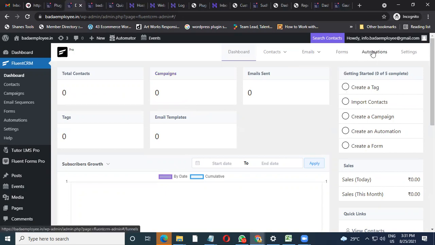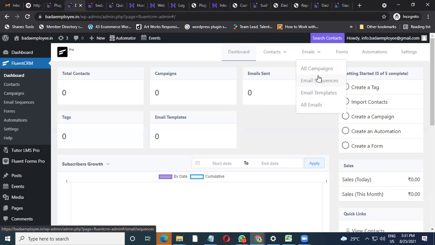Once the automation is done, you can send email sequences also. Say for example, you're creating an ebook landing page for lead generation, and once you have automated it from the landing page, the leads are coming into your automation, and from automation you want to send them a sequence of emails. You can create a sequence saying that, okay, you have already bought the ebook, you can also join our courses. You can give a better offer to them and start selling more and more via this automation.